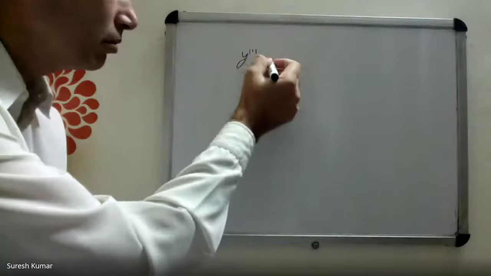Operator method in the textbook, the solution is going very long. It's y triple dash minus 8y is equal to 16x square. Is there any short method to solve it? What is the question? Y triple dash minus 8y is equal to 16x square.